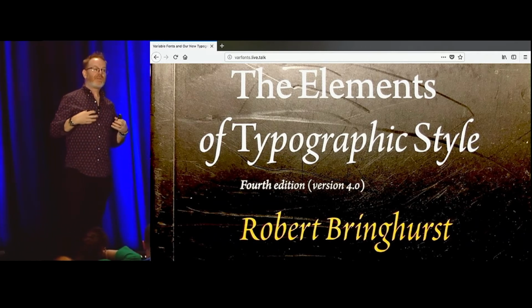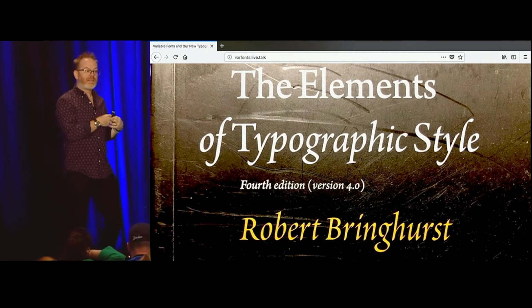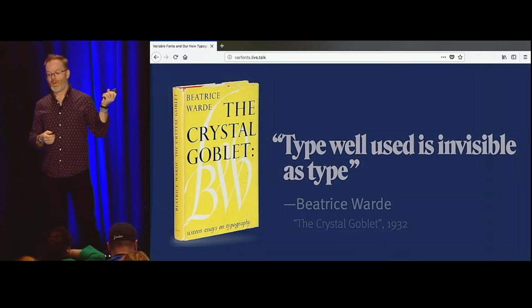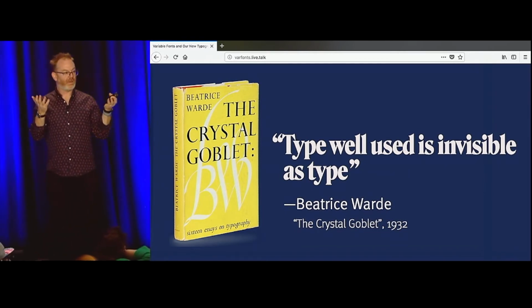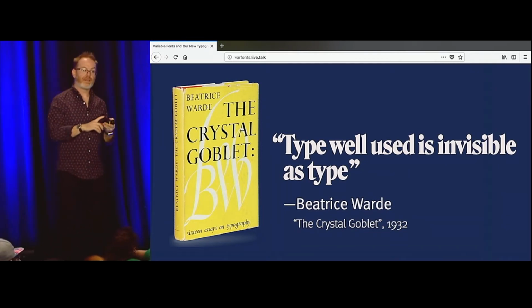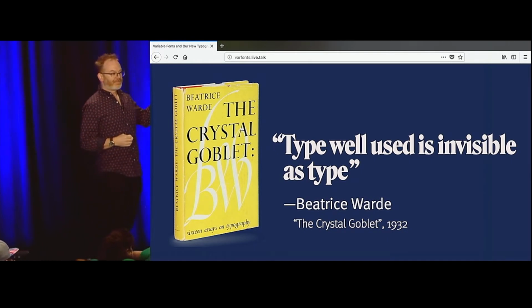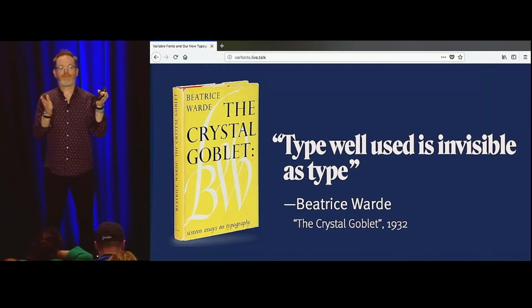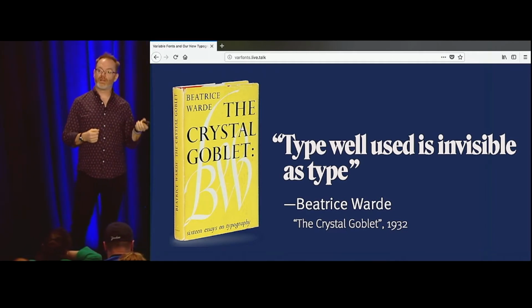And that's something that's really important about that interface between the people who are writing something and you, the person who is receiving it. Now, back in the early 30s, Beatrice Ward, who's an incredibly gifted and talented writer and critic and creative director, wrote this essay called The Crystal Goblet. And this essay was all about the notion that there could be this perfect form of typography for a given